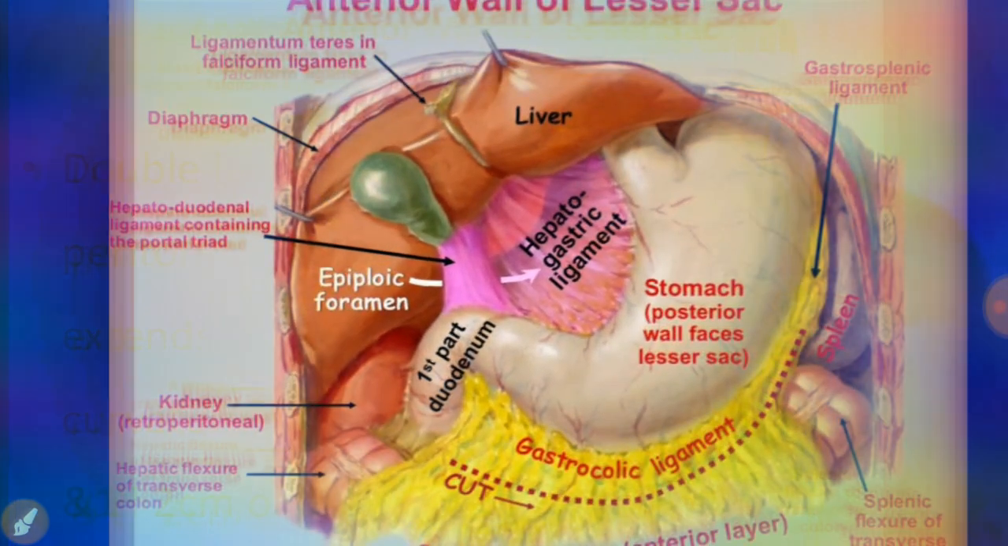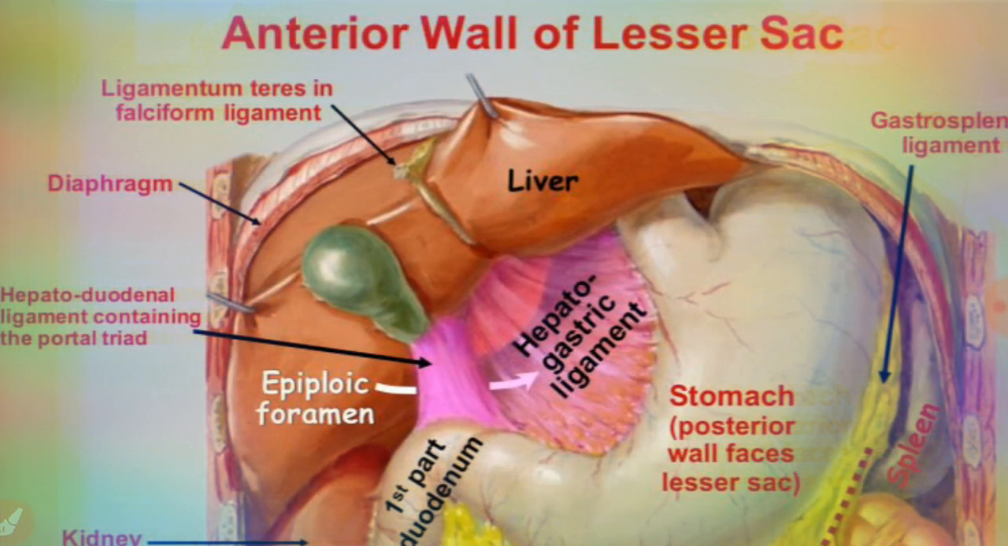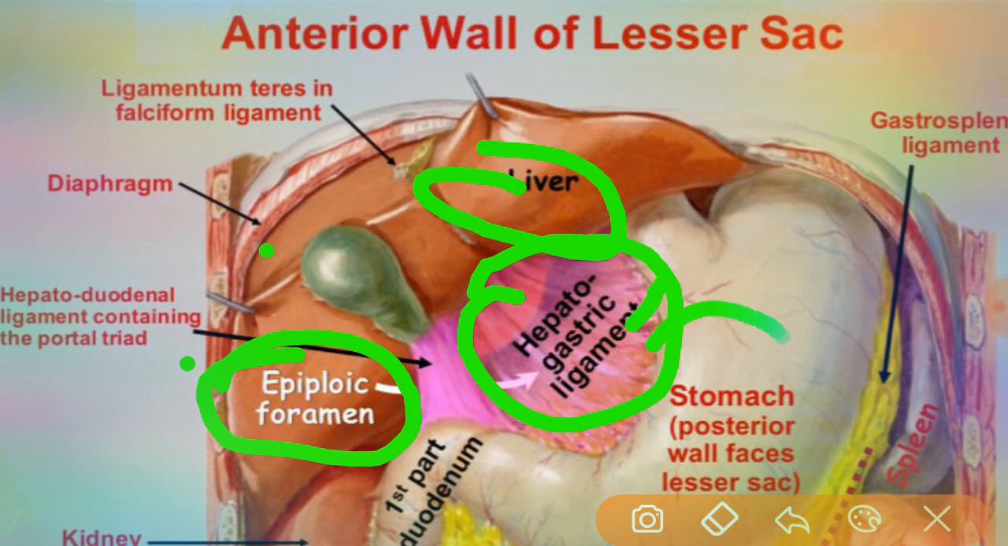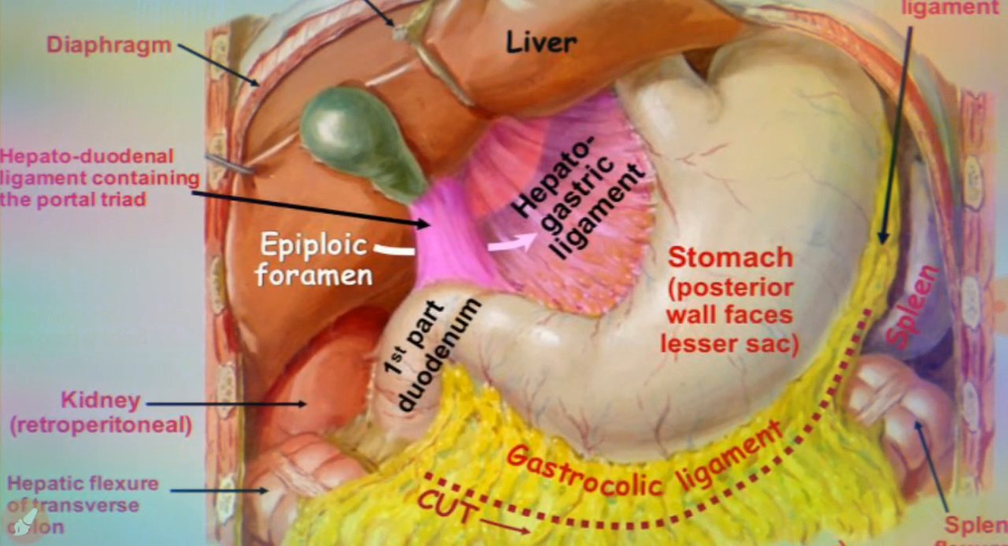Okay, see, this is the anterior wall of the lesser sac. There are the ligamentum teres and falciform ligament. This is the diaphragm, and this is the hepatoduodenal ligament containing the portal triad, and this is the epiploic foramen. So this is the liver and hepatogastric ligament. Stomach, so here the posterior wall of the stomach faces the lesser sac. This is the first part of the duodenum. Okay, gastrosplenic ligament, and this is the spleen, this is the kidney. And see here the gastrocolic